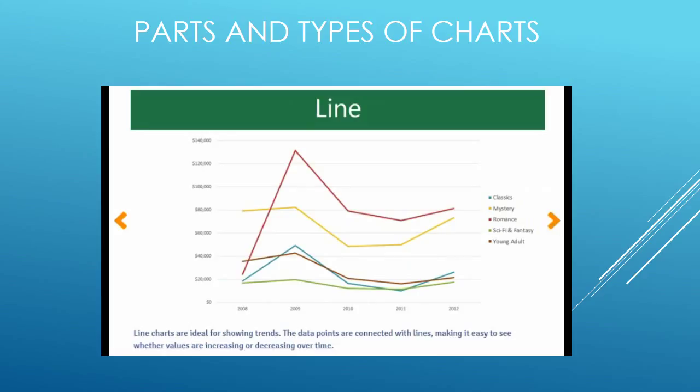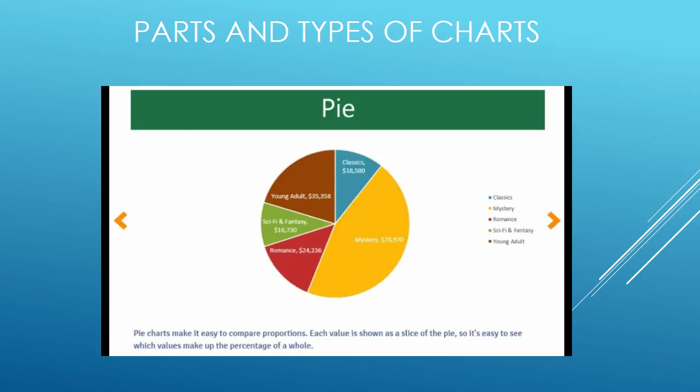You've got your line chart, which is ideal for showing trends. The data points are connected with lines, making it easy to see whether values are increasing or decreasing over time. You've got your pie chart, which makes it easy to compare proportions. Each value is shown as a slice of pie, so it's easy to see which value makes up the percentage